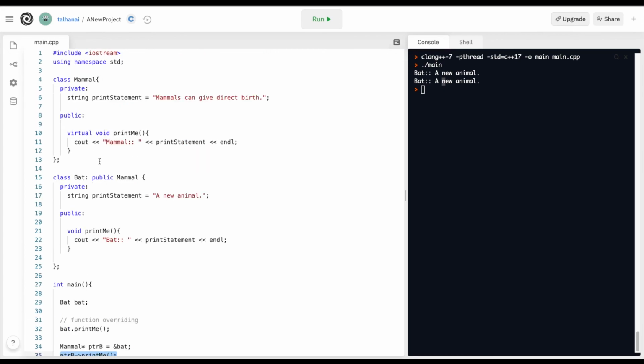If you run that, we can see that the pointer now points to the function within bat, and it formalizes our intention that when a class is derived from mammal, whatever that class contains, the functions in that class override the base class. So this just says formally